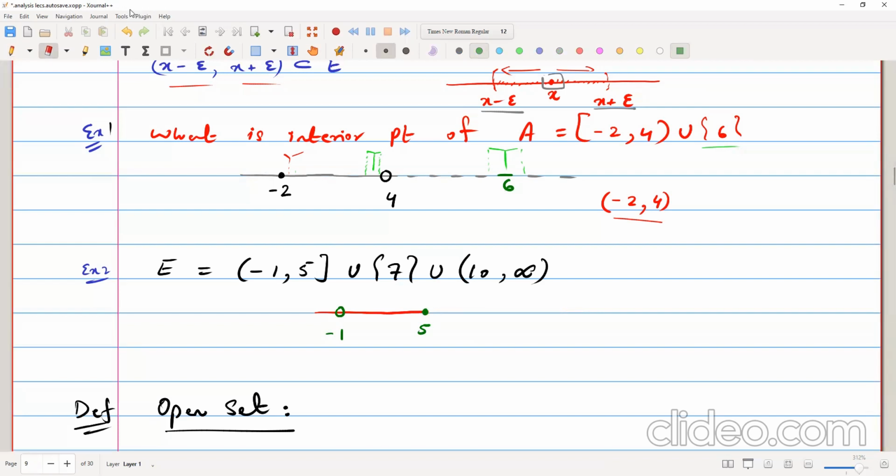We can make dotted lines for the singleton element like this. Okay, it's 7 somewhere here, and then we have a straight line again from 10, let's say. So it's 10 going to infinity, and this 7 stands somewhere here. For instance, we mark it with green. Okay, now again,